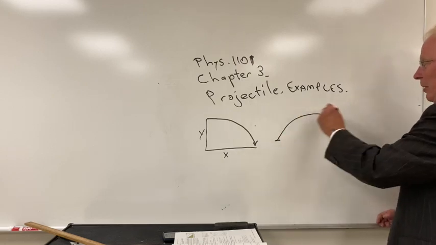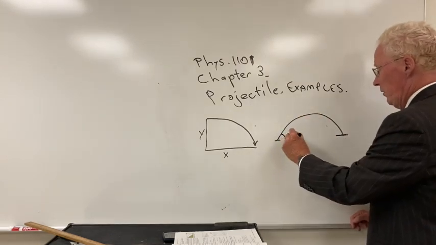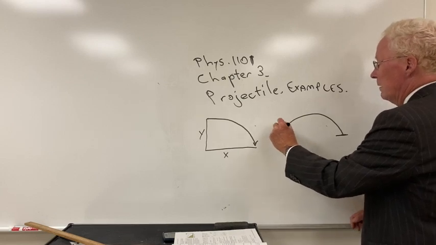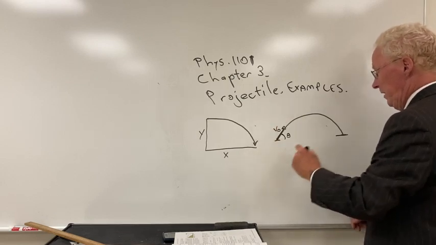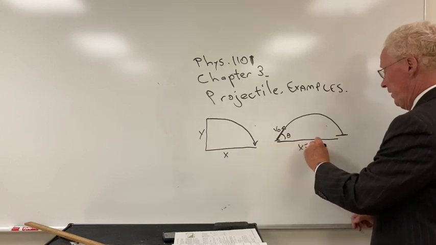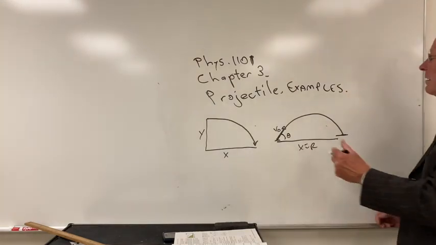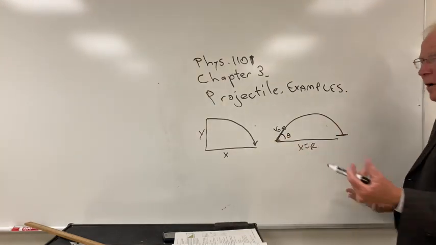Again, it follows a parabolic path, and if you launch it at some angle theta with some velocity, this distance x is the range, and as we've seen, if you launch it from the same height, which is all we're doing,